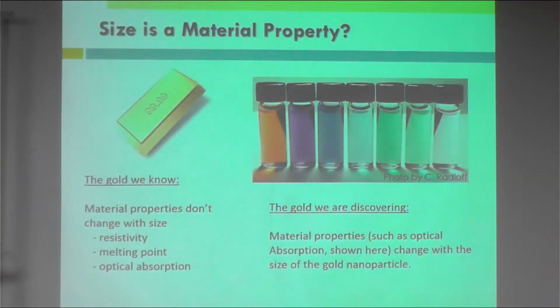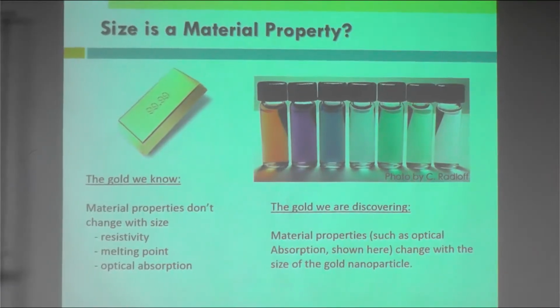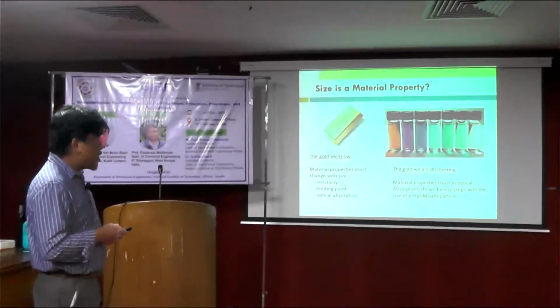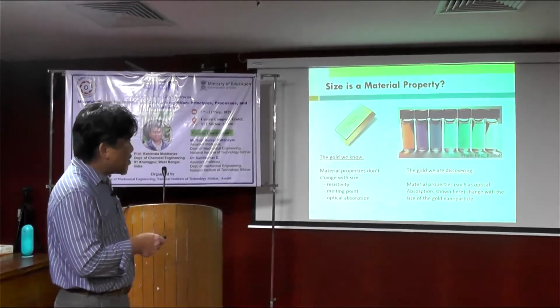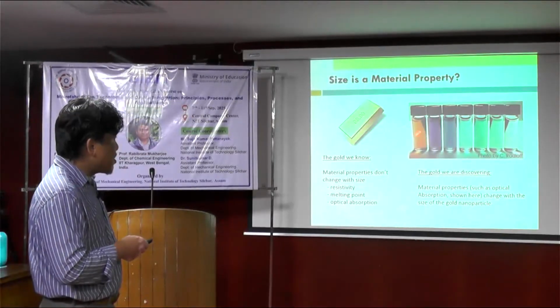So you can see here, this is a gold nanoparticle suspended in this liquid. You know that these are gold, but they provide different colors. Why? Because you have different sizes of the nanoparticle, so it absorbs different wavelengths. The absorption property of the nanoparticle is different, then you get a different color of the nanoparticle of